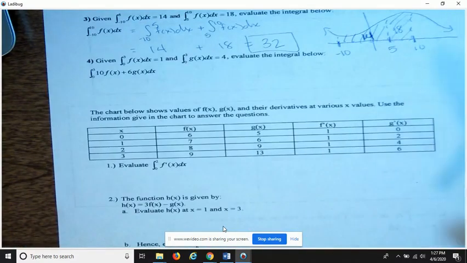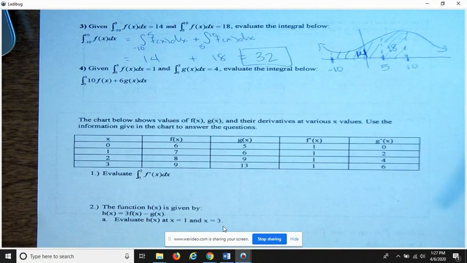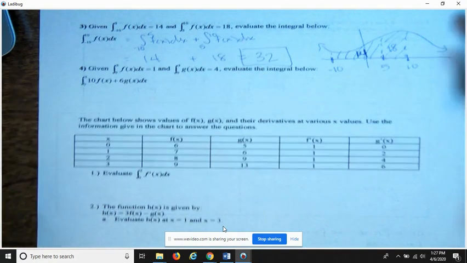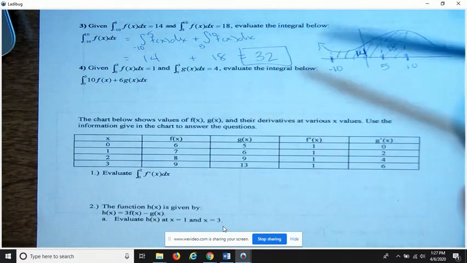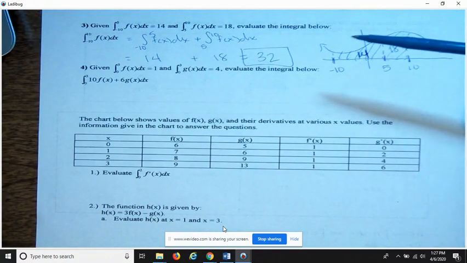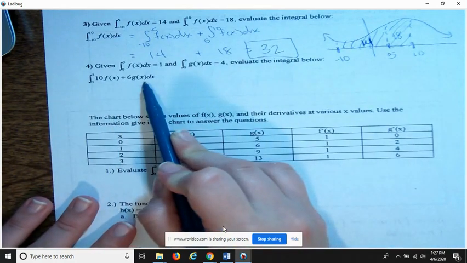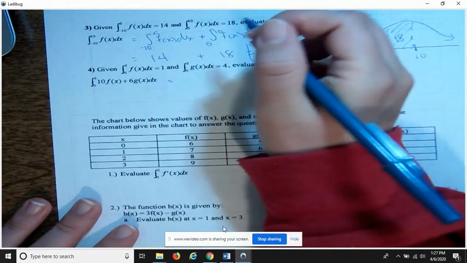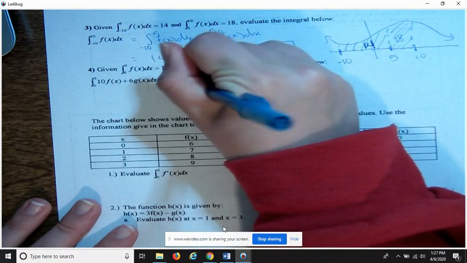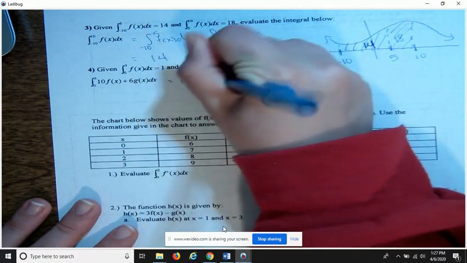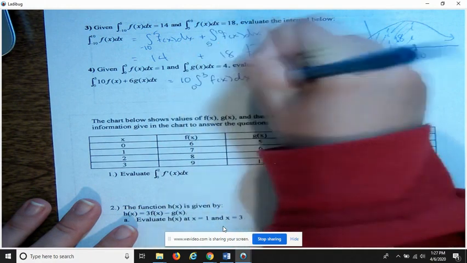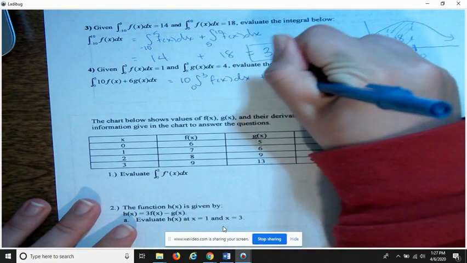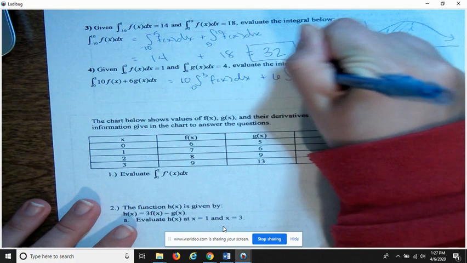And then for number 4, we have the integral from 0 to 3 for both of these things, and it wants us to evaluate the integral. So this is combining a couple different properties. We have the sum of the functions, okay? And then we also have these scalar multiples. So we can split the integral up and we can pull the scalar multiples out front. So I'm going to put my scalar multiple out front, put my function in, split, put my other scalar multiple out front,